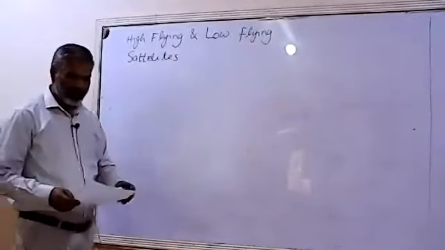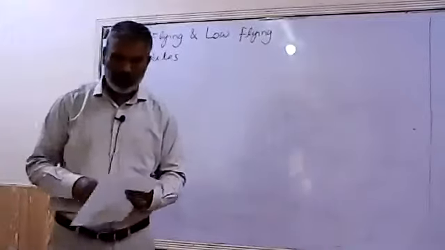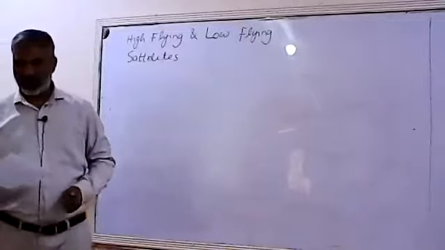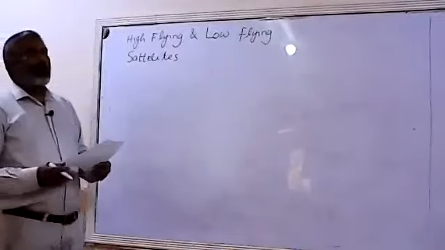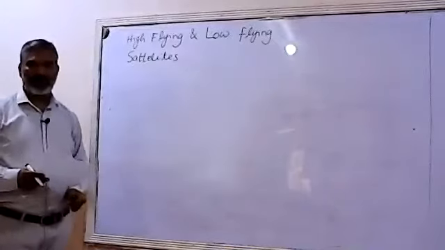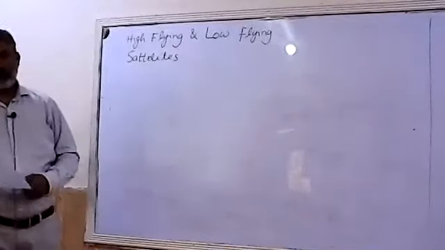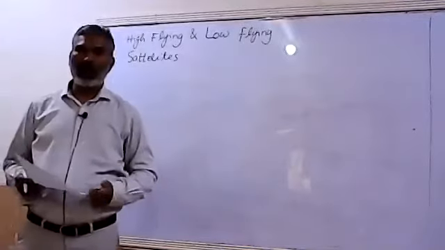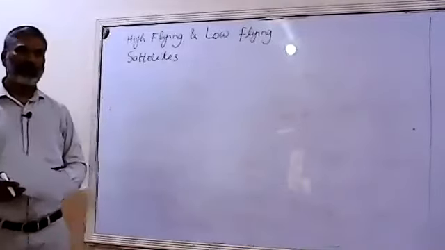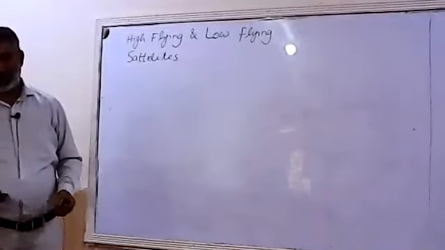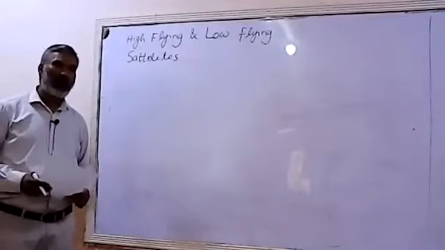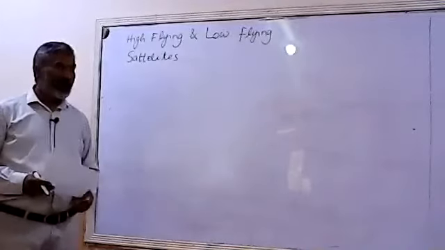Yes, students, we are going to talk about two types of satellites in this lesson. High flying and low flying satellites. There are certain satellites which are at very large distance from the center of the Earth. They have a certain speed in this orbit, they have certain kinetic energy in that orbit. We have expressions for this, and